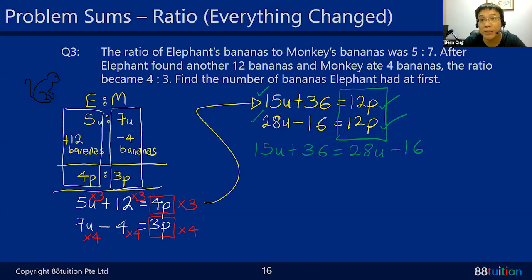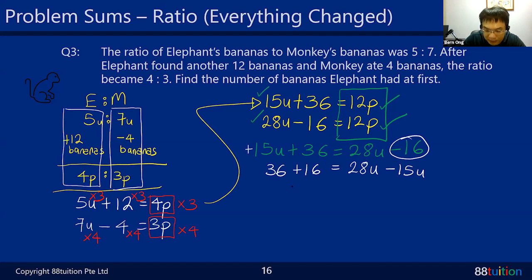So moving on. 28 units and 15 units. Which is heavier? 28 units is heavier. Don't touch the 28. Bring across the 15 units, minus 15 units here. The equal sign is still in the center. 36 is still here. Don't touch the 36. Minus 16, I want to bring it to my number portion. Bring across, it gives you a plus 16. 36 plus 16 will give you 52. And down here, 28 minus 15, mental sum, 13 units. And 1 unit will be equal to 52 divided by 13. Is it correct? 52 divided by 13, whoa, 4. Yes, Freedom, 4 is correct. Good job. So 1 unit is 4.